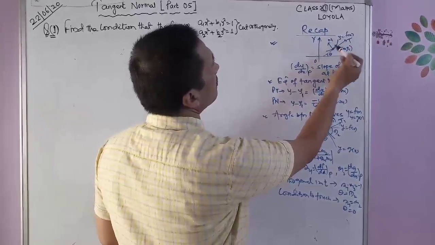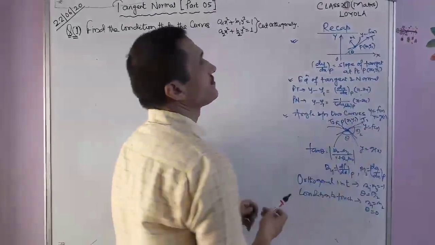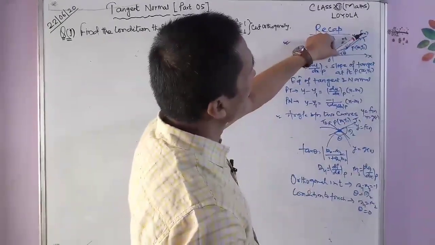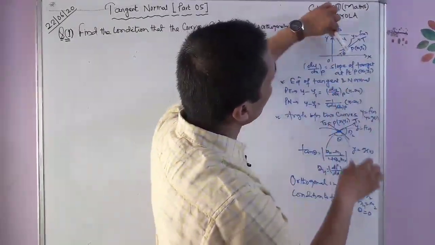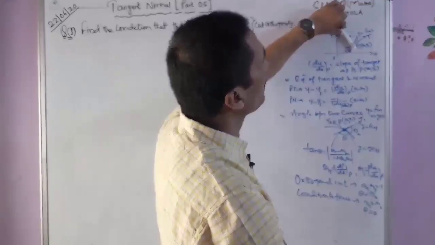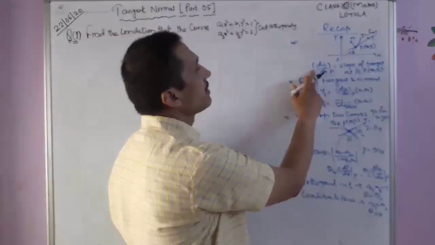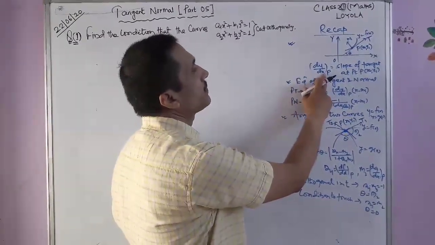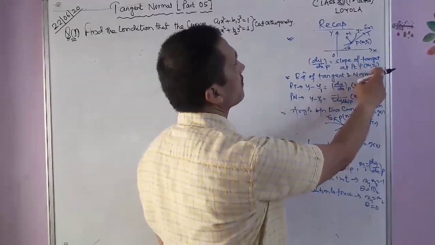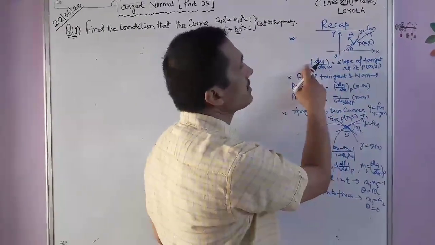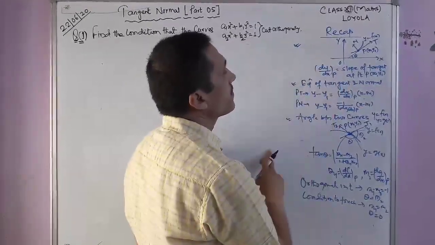Here, y equal to f(x) is a function, P is any point on the curve having coordinates (x1, y1). This PT is tangent at point P and PN is normal at the point P. Here P(x1, y1) is the point of contact. We know the value of derivative at point P, dy by dx at P, equals the slope of tangent at point P(x1, y1). Similarly, slope of normal will be minus 1 upon dy by dx at P.